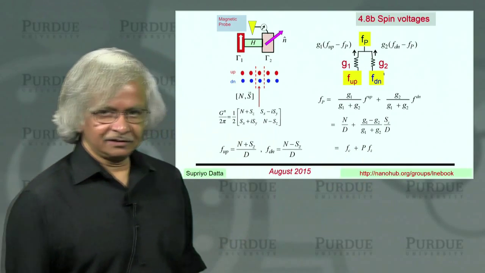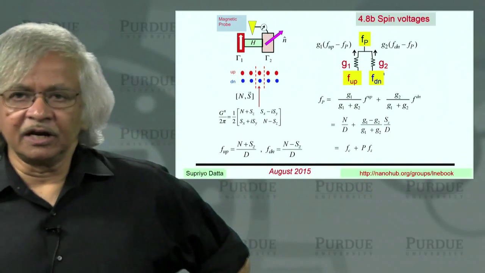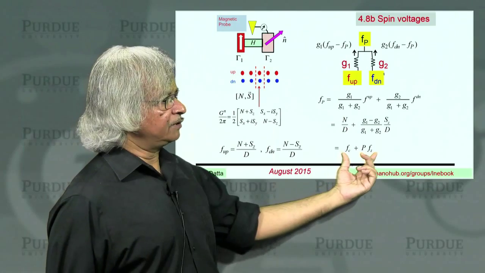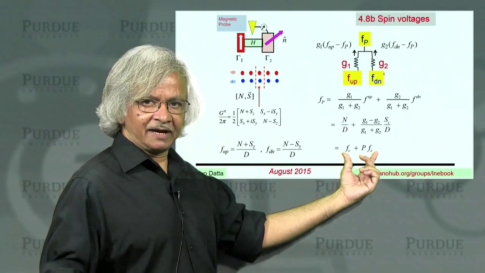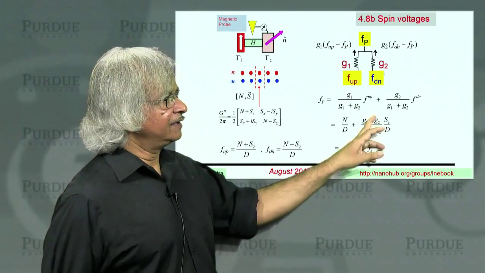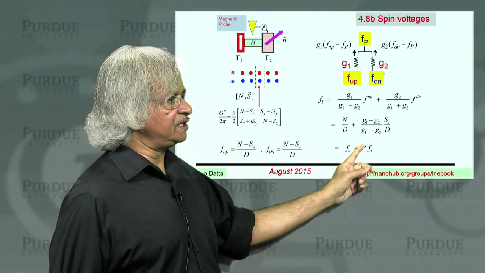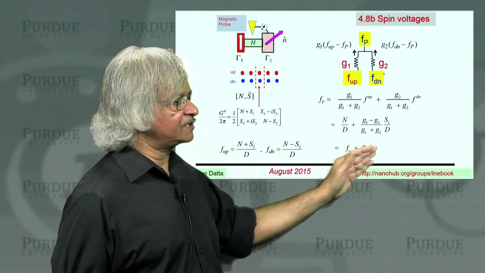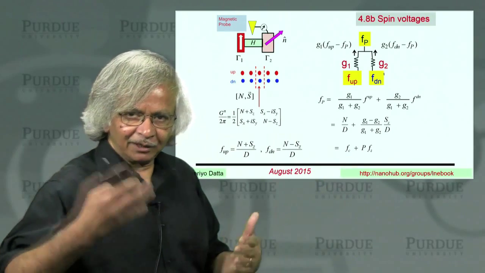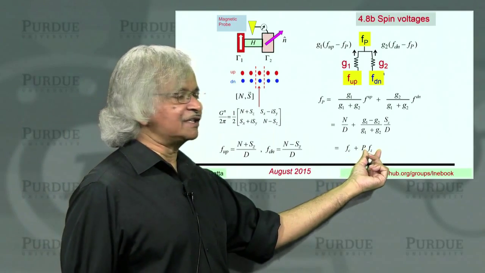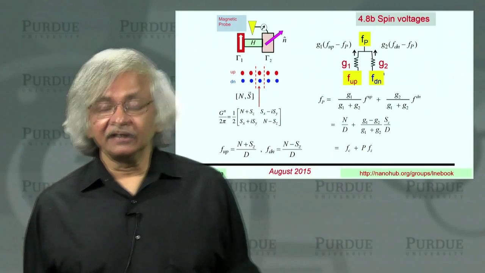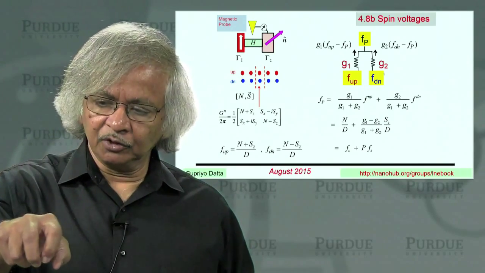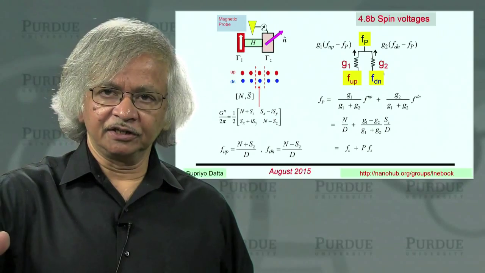And you could extract. And the common way of extracting spin potential information is that you measure this Fp with a magnet, and then you reverse the magnet. Because if you reverse the magnet, then G2 and G1 get interchanged. So P becomes minus P. And so you measure Fc plus PFz and Fc minus PFz. And by looking at the difference, you can figure out what the spin potential is. So that's a standard way of measuring spin potentials. That is, look at the potential with a magnetic probe, reverse the magnet, look at the potential again, take the